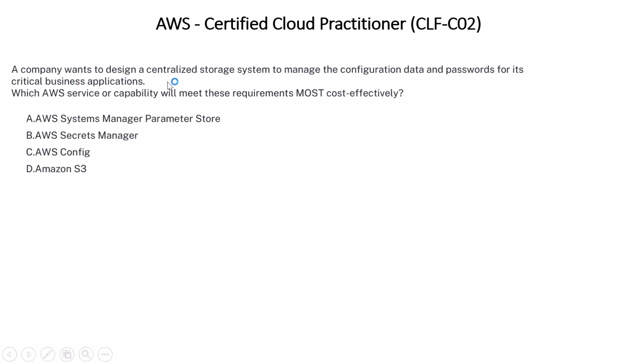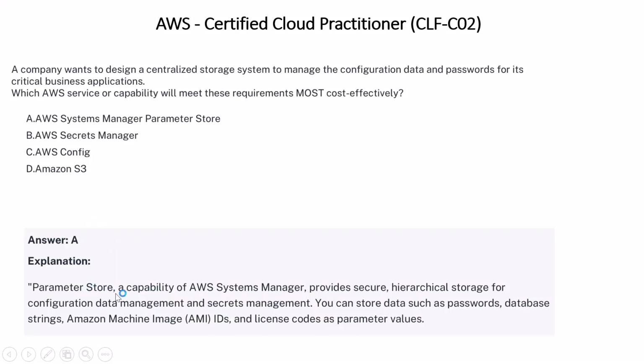A company wants to design a centralized storage system to manage the configuration data and passwords for its critical business applications. Which AWS service or capability will meet these requirements most cost effectively? The options are option A, AWS Systems Manager Parameter Store, option B, AWS Secrets Manager, option C, AWS Config, option D, Amazon S3. The correct answer is option A,